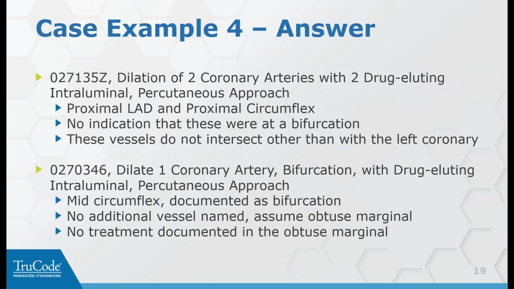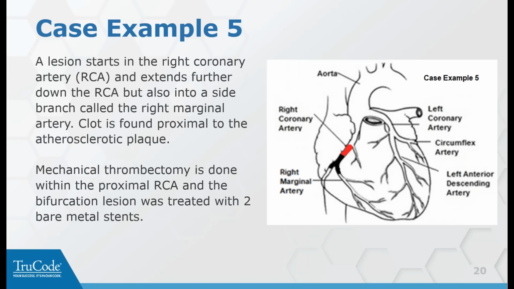That's the clot. So they did a mechanical thrombectomy to get the clot out of the way, and then they treated the bifurcation lesion with 2 bare metal stents. Okay, so we're not going to code it in exactly that order, because I think the principal procedure would be the dilation, and we'll just put the thrombectomy second. So 1 code for the bifurcation lesion with 2 bare metal stents and a 6 at the end for the bifurcation. And then not forgetting our extirpation, which is just at 1 site in the right coronary and done percutaneously,